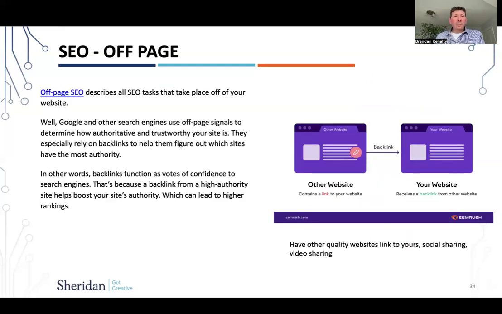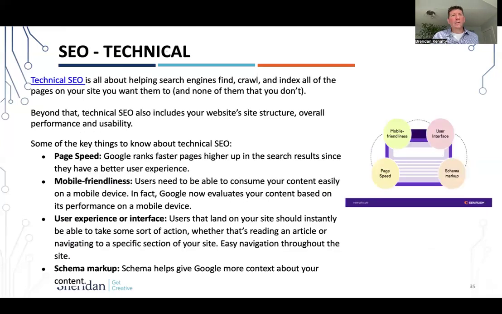And then you get off-page stuff. Think of this as other sites. Other sites referring to your site is very good, because then Google starts to think, oh, people are referring or linking to your site, so you must be an authority on something, or you must have very good content. Sharing them out on social media again creates more links to your page that Google likes. Again, there's a strategy, and programs and agencies can help you with this. There are actually initiatives you can take as a company to try to increase your off-page SEO and people linking to you. Again, we won't get into this in too much detail.